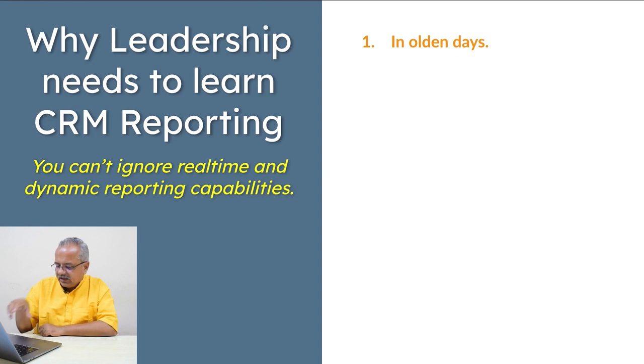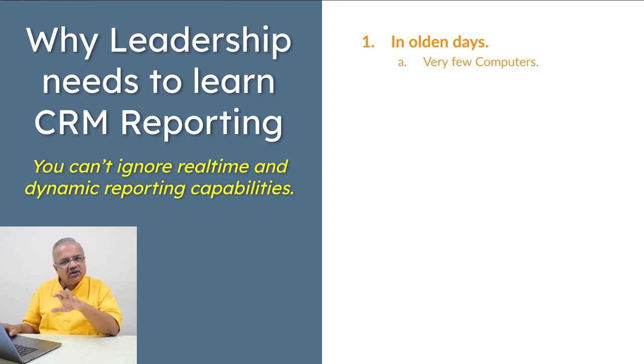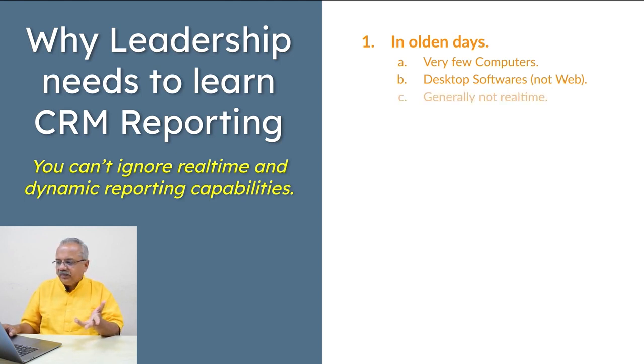In very old times, there were very few computers in organizations. Sometimes there was just one computer for 5 to 6 persons. They were all desktop. And the software too was very old. Okay. They were not connected with networks. They would not be available on the web. They were not real time. In those old days, there was a routine to update the software every Saturday, once in a week, or once in a month. These were generally data churning machines, right? They were regarded as such.